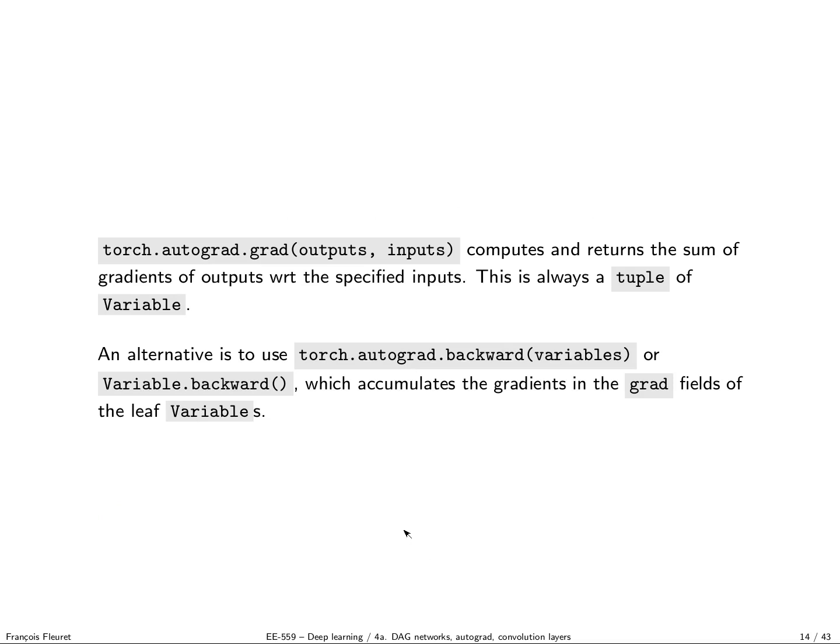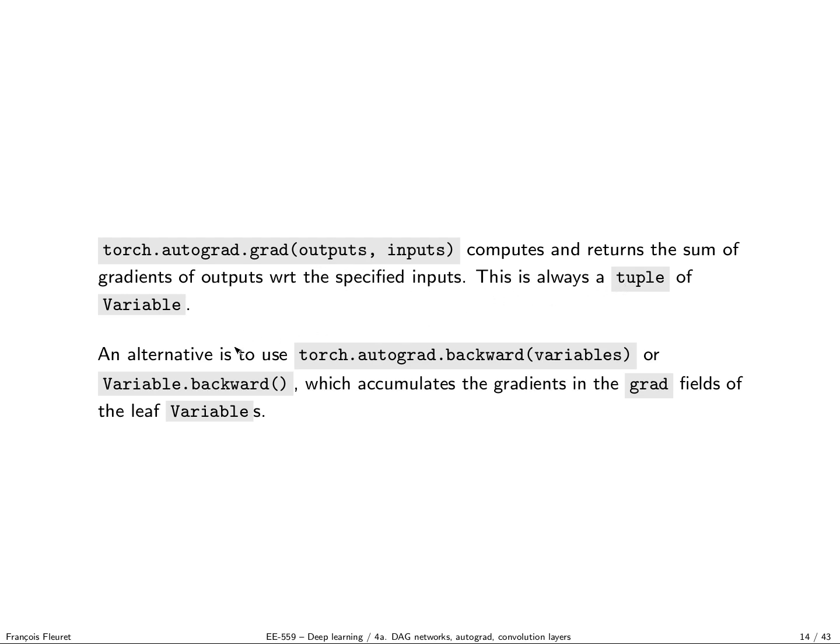Now the two key functions are torch.autograd.grad, which takes mostly, there may be other arguments, but the two important ones are outputs and inputs. This function will return the sum of gradients of the outputs with respect to the specific inputs. This is always a tuple, because it may take several quantities as input, so it's always a tuple.